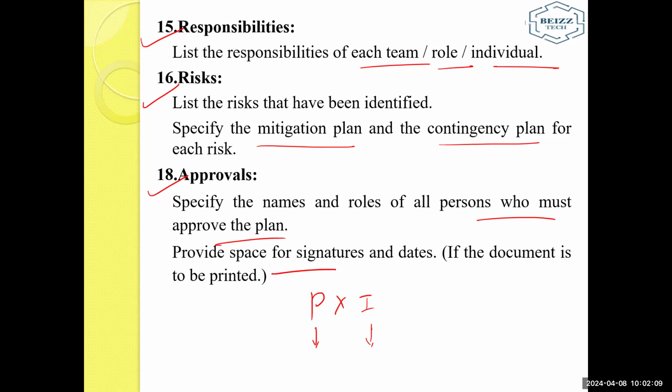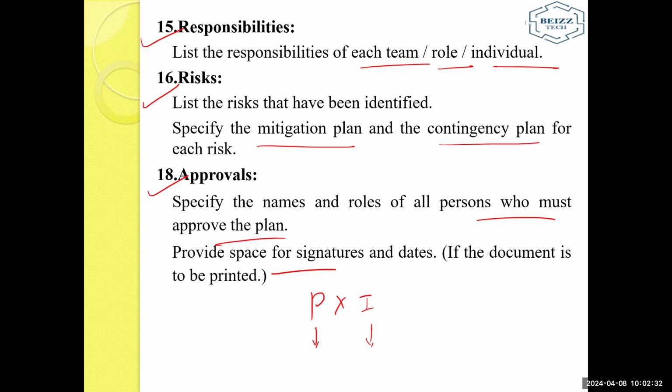We need that plan document. So this is a test plan. In simple words, we can call it a roadmap for a complete testing process. It is just a roadmap where we can complete this process, and you will be able to get the plan, and that plan you can refer to prepare your test